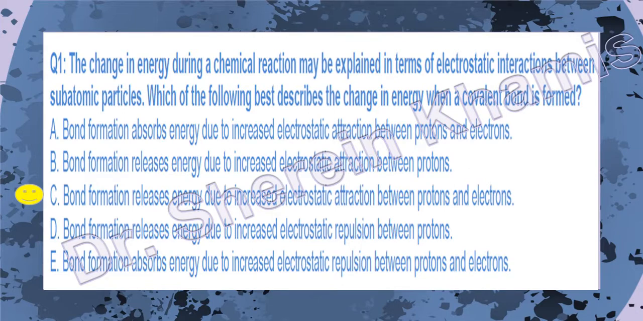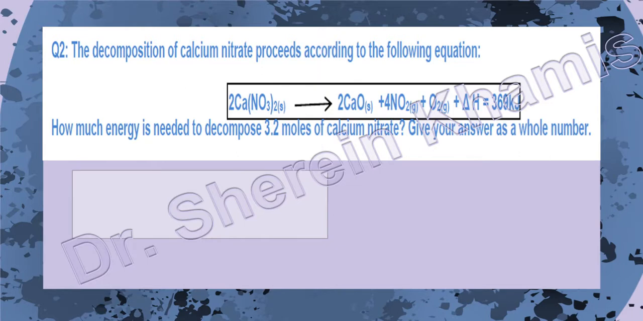Okay, let's go to question 2. Question 2 says that the decomposition of calcium nitrate proceeds according to the following equation. We have an equation that illustrates the decomposition. We have calcium nitrate, its chemical formula Ca(NO3)2, in solid form. We take 2 moles that decompose into calcium oxide, 2 moles also, and 4 moles of nitrogen dioxide, and oxygen gas evolves at the end of the reaction. Also heat comes out, plus